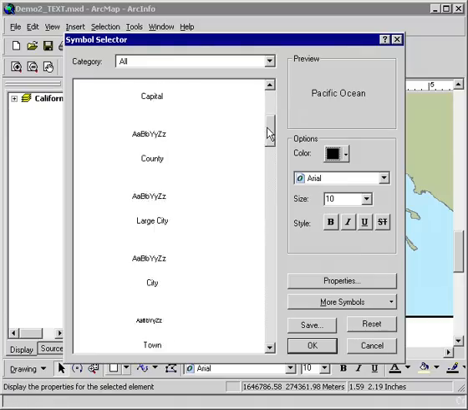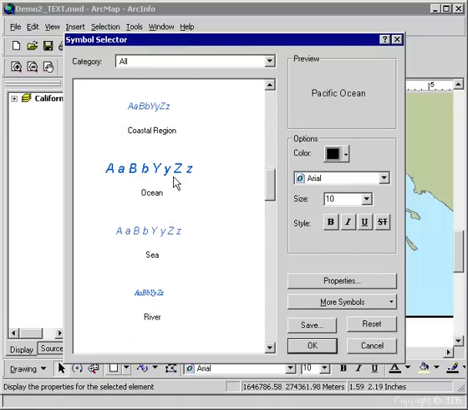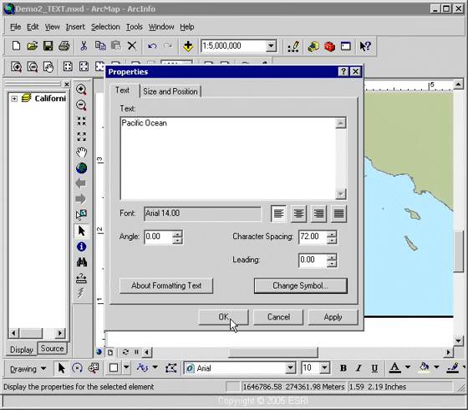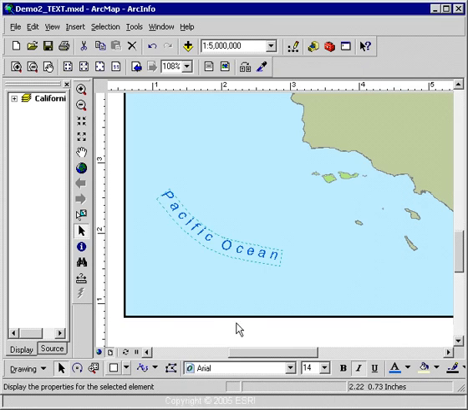And I'll change this to one of the default lists that we have here of ocean text, where we've got some settings for default font styles and types and spacing and such. I'm going to click OK, and you can see that now I've got some nice Pacific Ocean text out there with a nice curve. But let's say I need to pan or zoom my map, and I need to include